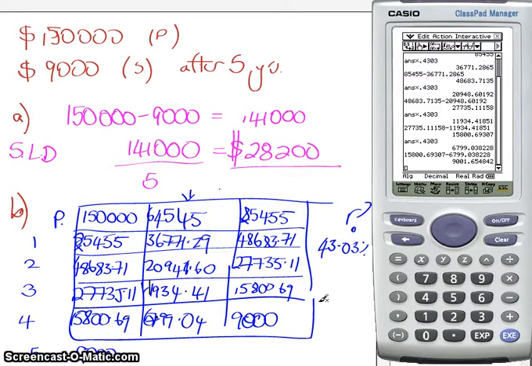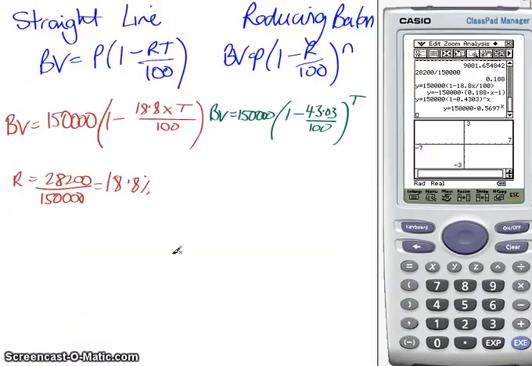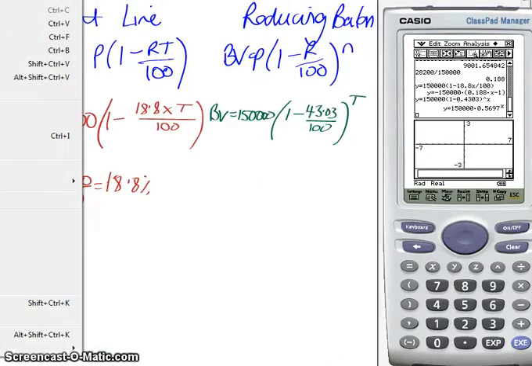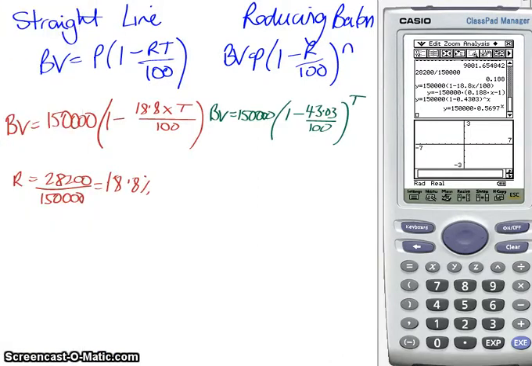This question is really good because now it asks me to graph them. Now, to consider what we might do to graph these two things together, we're going to look at how we can turn each of these depreciation rules into rules that use y's and x's so that we can plot them on our Cartesian plane here. So the straight line